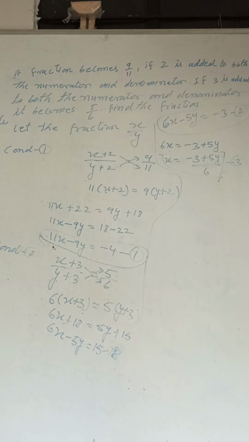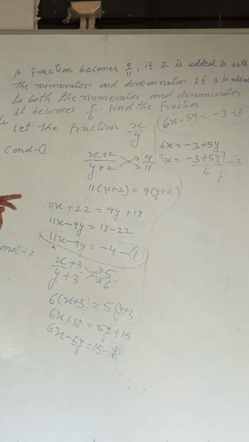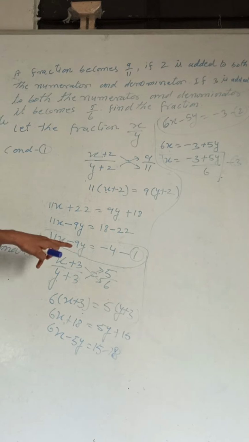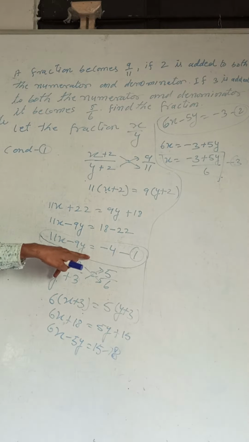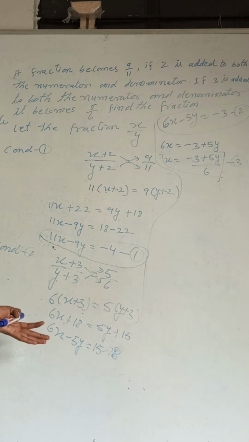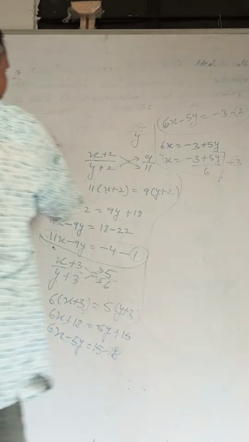Now we are substituting the x value, that is the value of equation number 3, into equation number 1. Whichever equation you choose, you have to substitute the value into the other one. I chose equation number 2, so I have to put the value into equation number 1 only, not into the second one. If I put it in the second one, it becomes an identity and no answer will come. So now we are going to write these values.